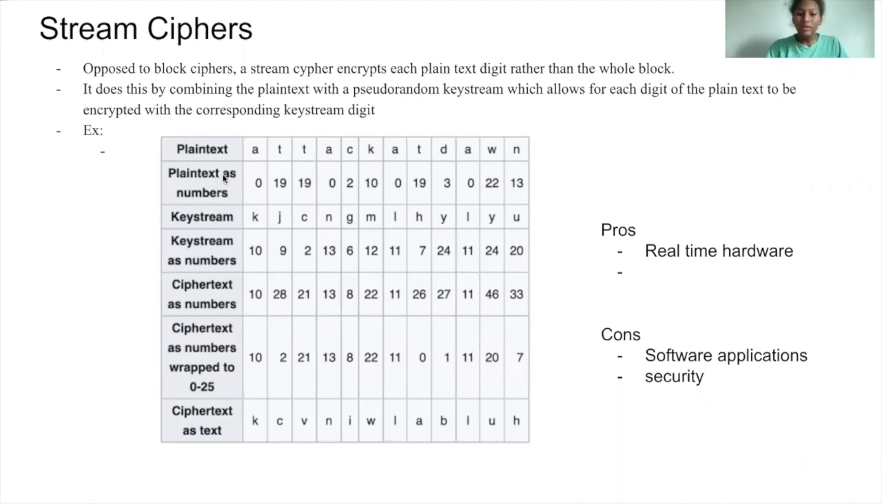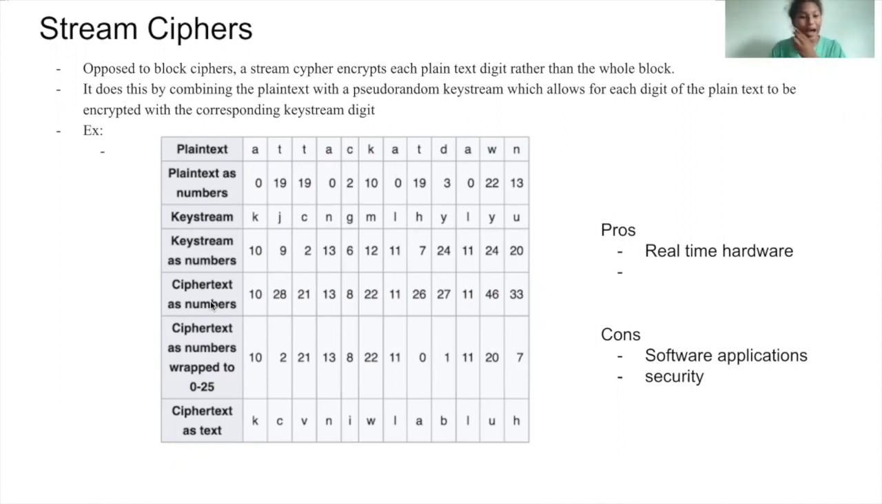This is what we're trying to encrypt. We can convert this to numbers, and then we have our pseudo-random key stream. I want you to focus on the word pseudo-random because that's going to be important later in explaining the downfalls of stream ciphers. We have our pseudo-random key stream, and we are also going to convert that to numbers. Then we add the two together and we get our ciphertext, aka